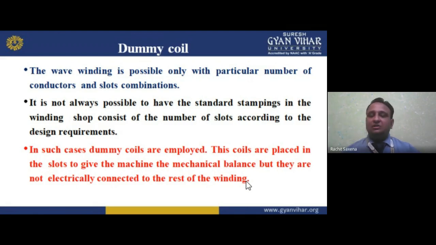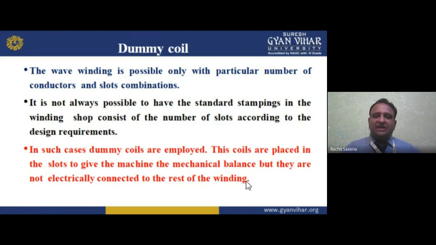Now the dummy coil. Now the word dummy. One thing is there, my dear student. Dummy means a duplicate, or we can say we are putting in something when we do not have the original one, though we have some alternative of it. For example, I want to eat chocolate, but I don't have chocolate, so I will eat a chocolate biscuit. Okay, that gives me the satisfaction that I ate chocolate. So that is, we can say, the same thing.